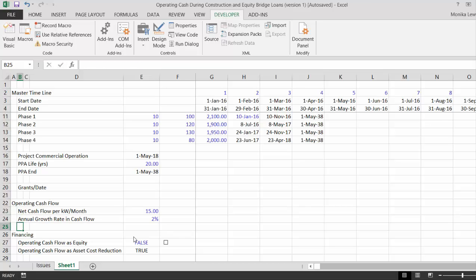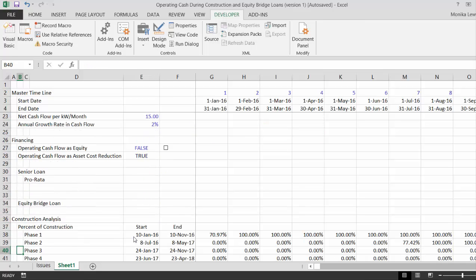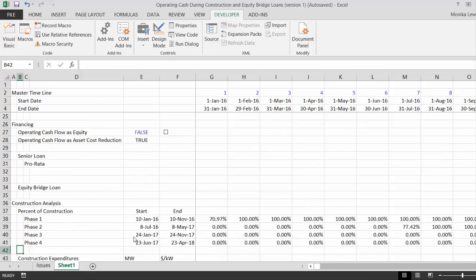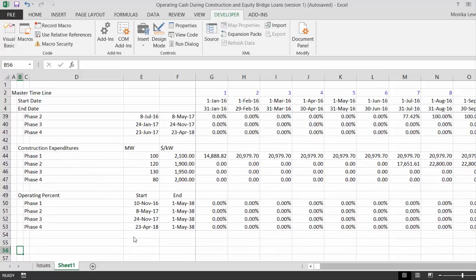So we're going to make a simple net cash flow per month, and we get that whether we're in the operating period or not. And I should put the start date for the inflation, but we'll just assume that it's